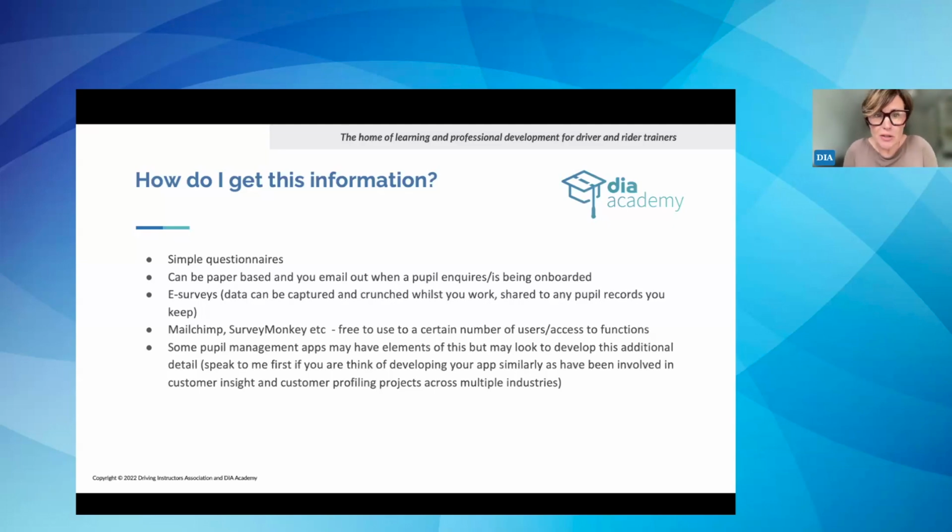They're going to hopefully be offering a free version of their app to DIA members exclusively. And one of the things that we'll add to that for a trial period, just to see how it works, is going to be a pupil profiler template, and that will collect the data and pull it into pupil records, which is why people use that particular system, to manage their pupil records online as well.